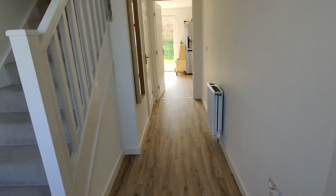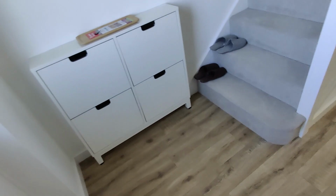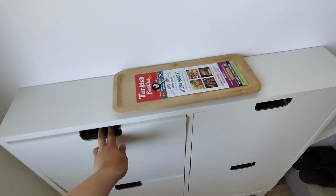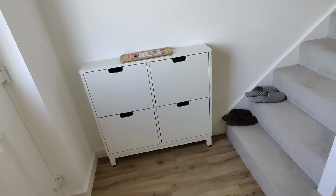This is my new home, and as you can see, it's quite a spacious hallway. This is the shoe cupboard from IKEA. I can't remember the name of it, but it's quite a common shoe cupboard. I had it in my previous home, so I ordered the same because it's been quite handy. And I'm waiting for a huge art piece to arrive from Singapore, which would be here. It will give this hallway some colors. It's quite a colorful